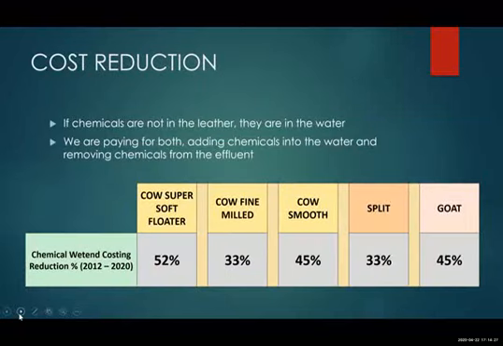And costings previously I did in exact US dollar cents, but now I thought it's a company internal thing, so I just presented it. The first of the leathers is called Cow Super Floater leather. It's nearly a 52% reduction in chemical cost from 2012 to 2020. We are doing 20 million, and if we are making this leather at around 10 million square feet, at approximately 8 to 10 cents, we can save around $800,000 to $1 million per year on only one product.